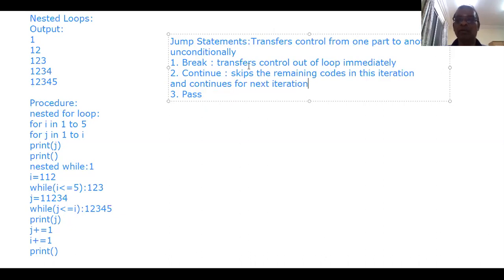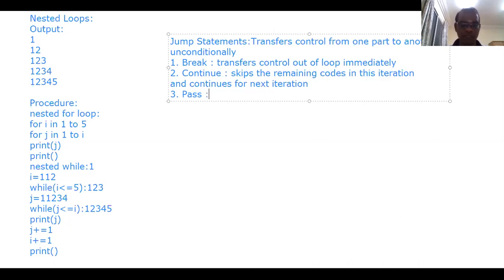Whereas if break is encountered in the 5th iteration, no more loop statements are executed; it is terminated immediately and goes out of the loop. In continue, the remaining part of the code is skipped and it proceeds to the next iteration, the 6th iteration, which starts as usual: 6, 7, 8, 9, 10.